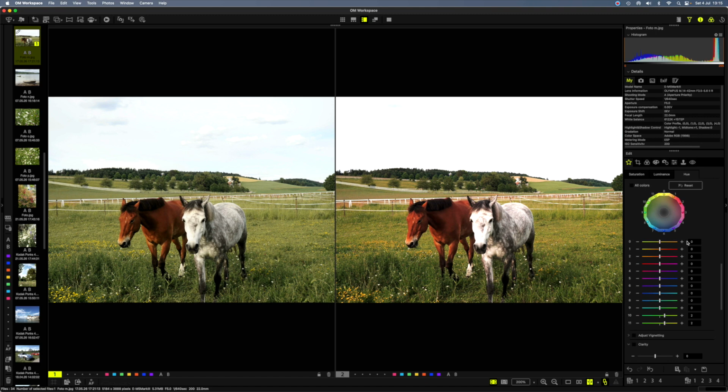I want to up the yellow. Let's do a yellow saturation first. So we do one step yellow in terms of saturation. But obviously you can see that I need to shift the yellow here. I need to move the yellow a little. And we go to the hue part. We shift the yellow.